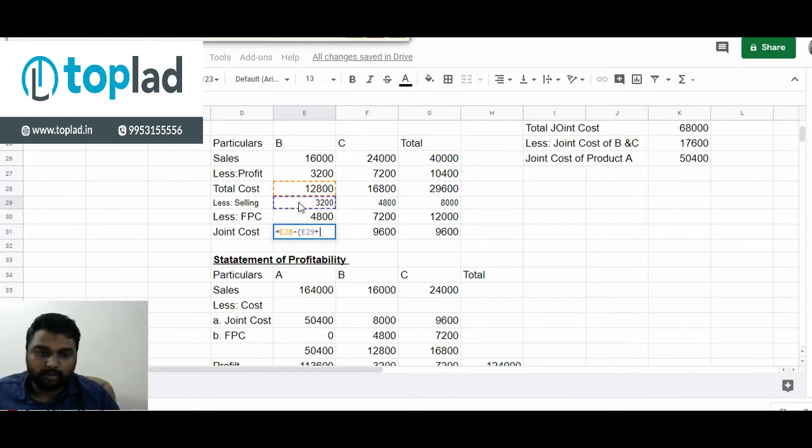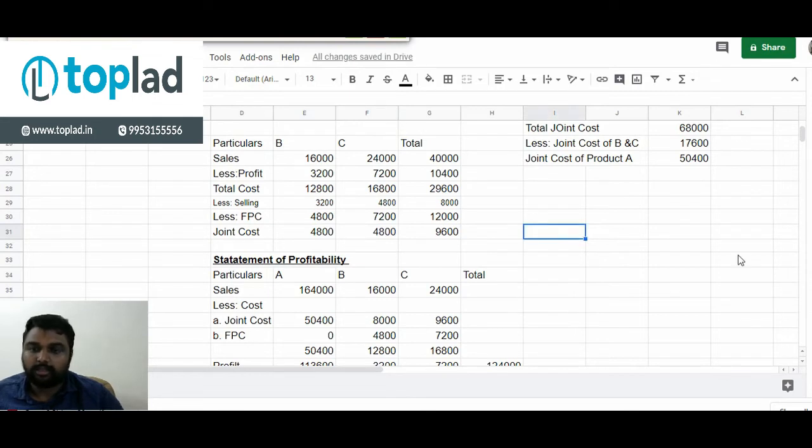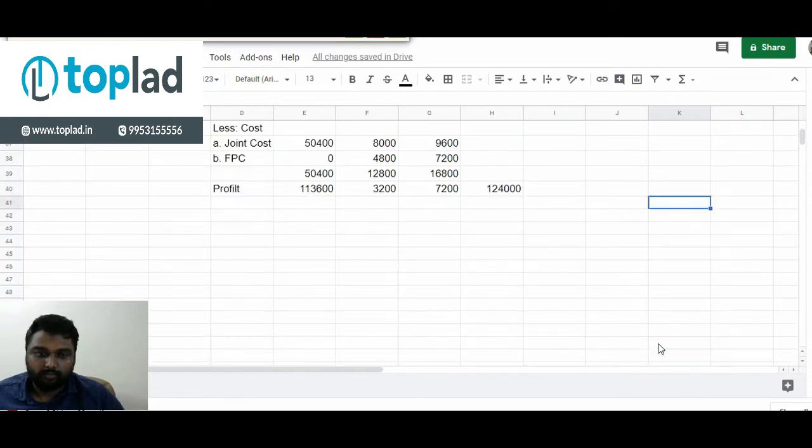This just works. Since you already copied, you don't want to correct it, so we can change the question. You can change the question. Okay. 4,800. Accordingly, the change here will come out: 9,600, 58,400.